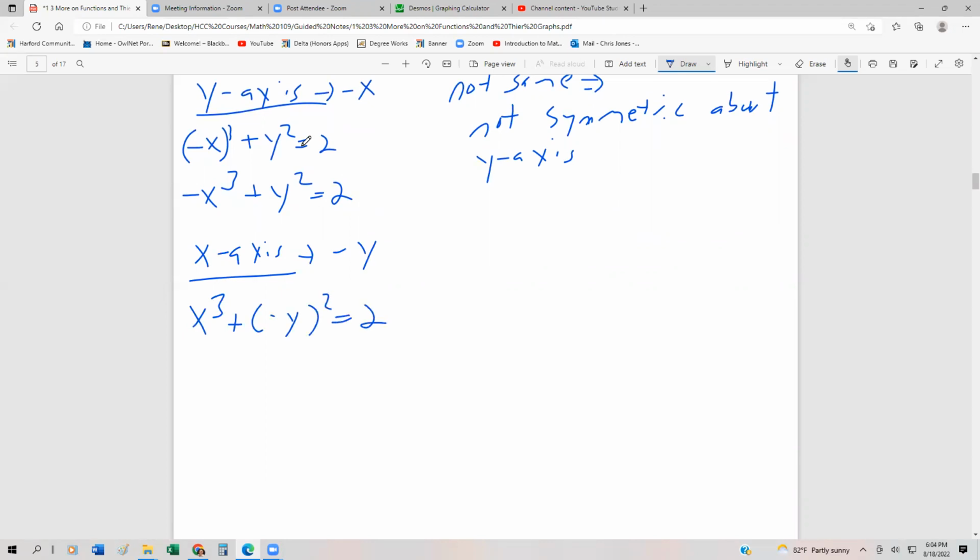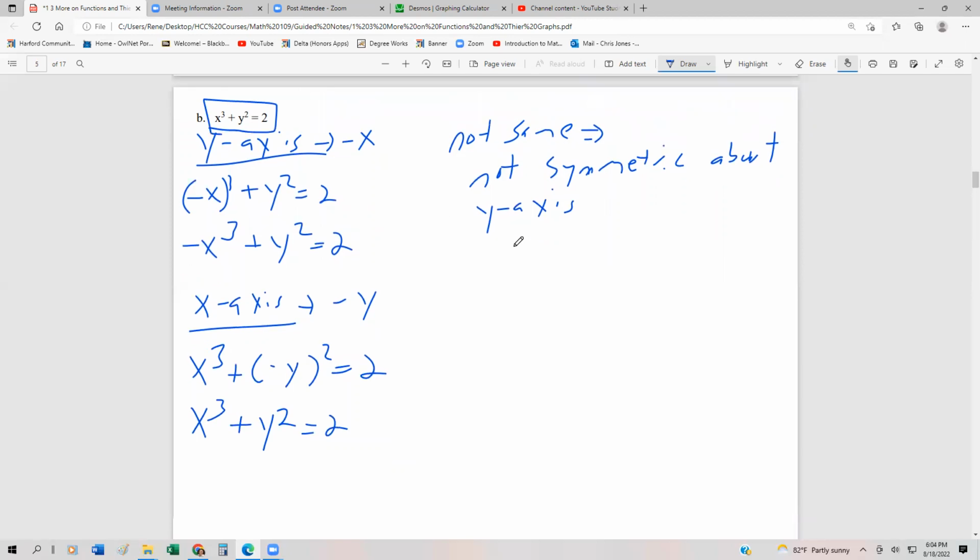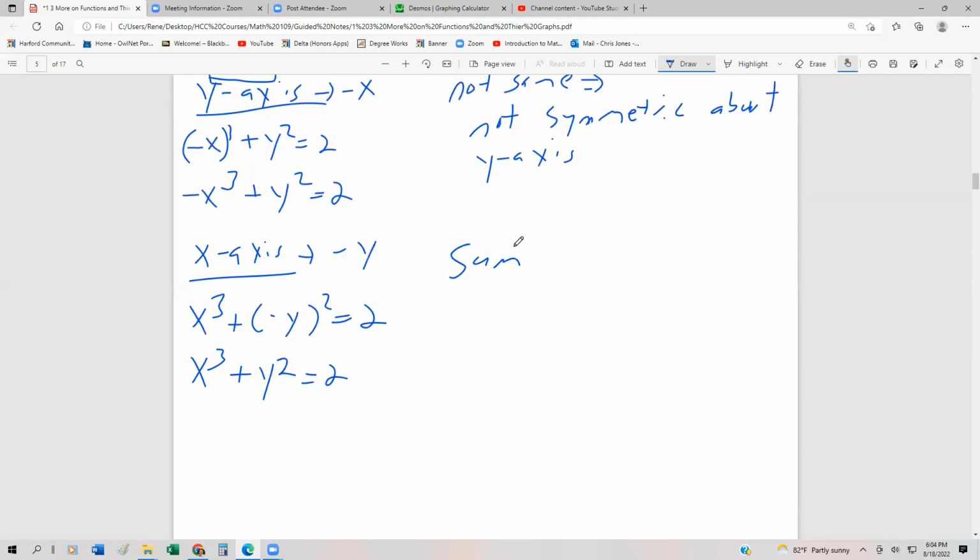If we square a negative y, that just becomes a positive y. So that's going to become positive y squared equals 2. And I want you to notice that that is exactly the same as what we started with. Okay, and that's the goal. If we get the exact same thing, so it's the same, which implies that there is symmetry about the x-axis,